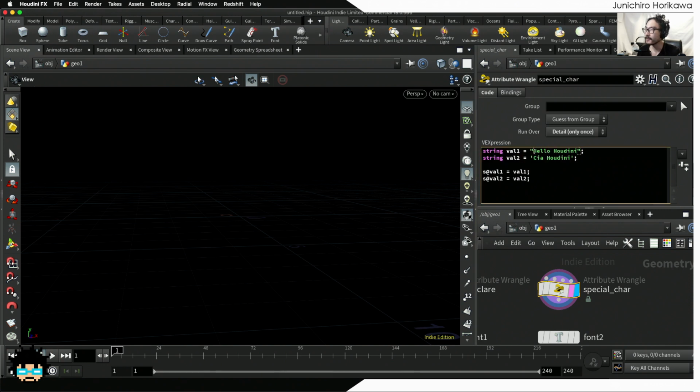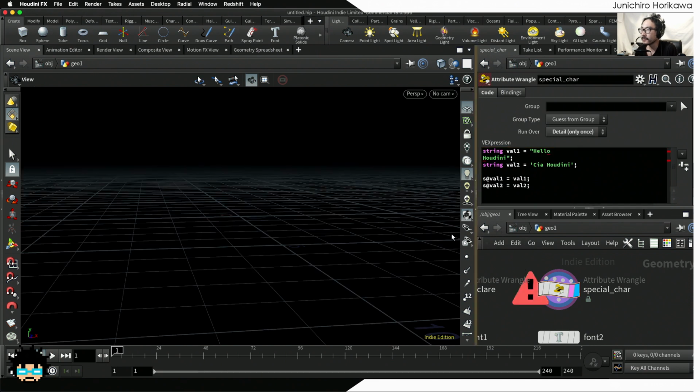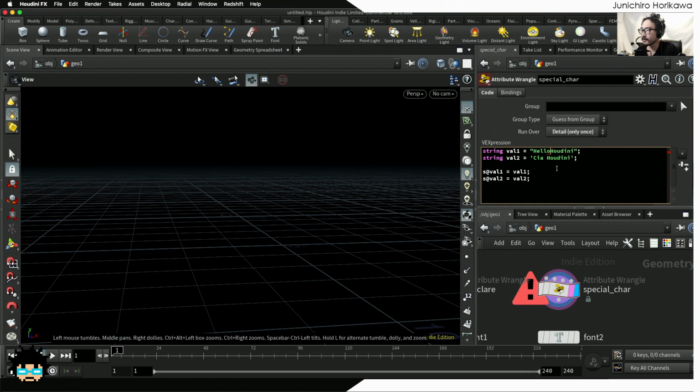Currently, as you can see, this is a single line string, but in order to create it as a multi-line, you cannot just press enter like this, which will just give you an error. What you need to do is to insert a special character in between hello and Houdini, a special character which is defined as a new line, which can be expressed as